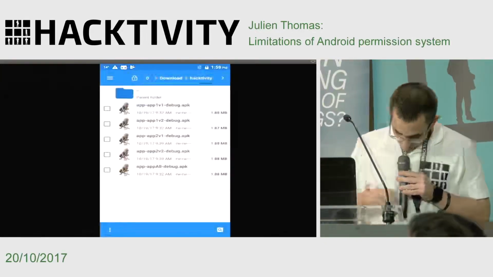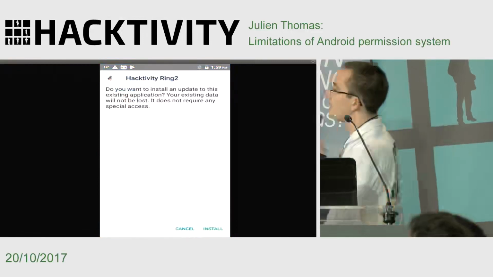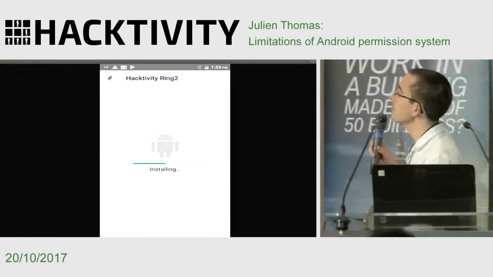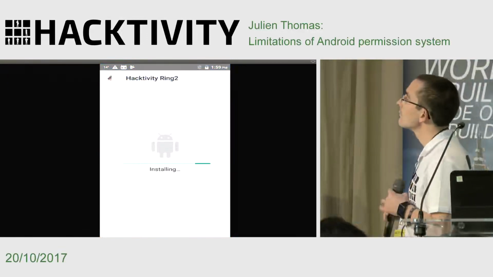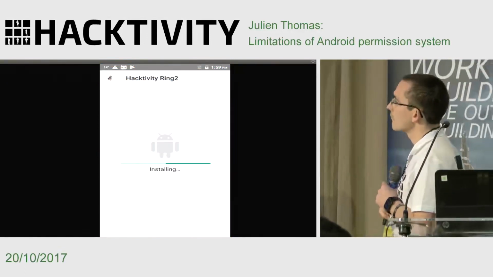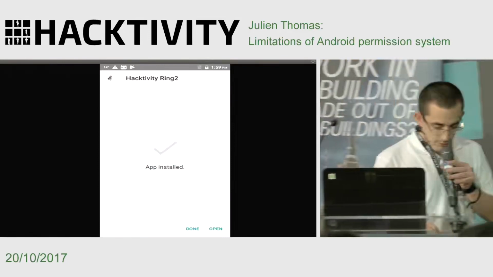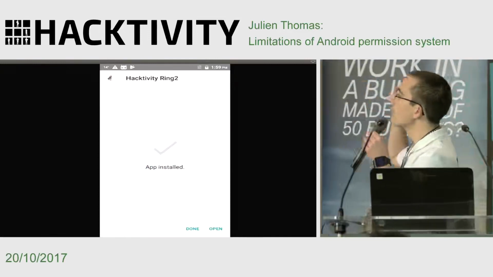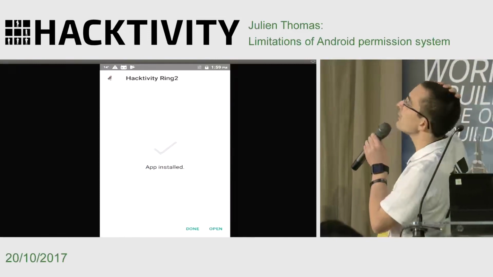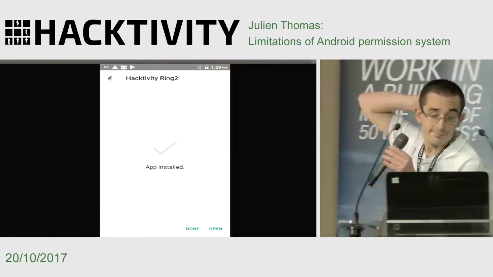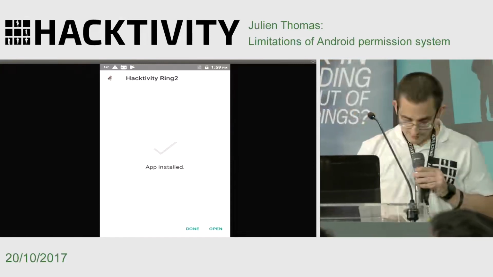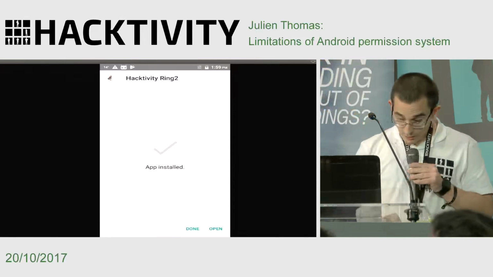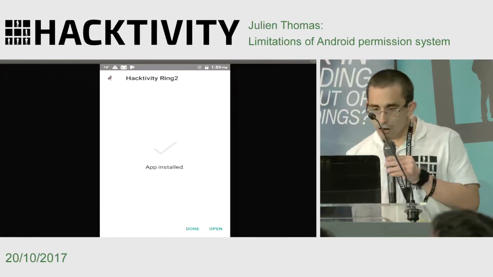Okay. So I will now do the same thing with the second application. I will install it too. After the update, it requests nothing. And I will open it. So basically it does the same thing, but I don't know why the screen is locked.